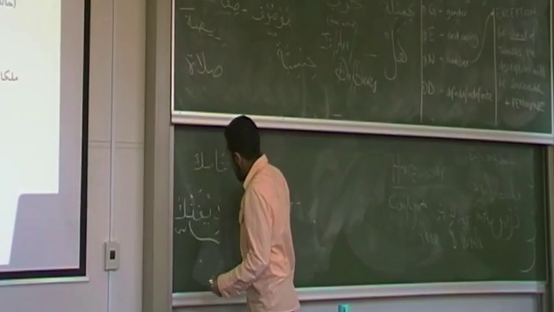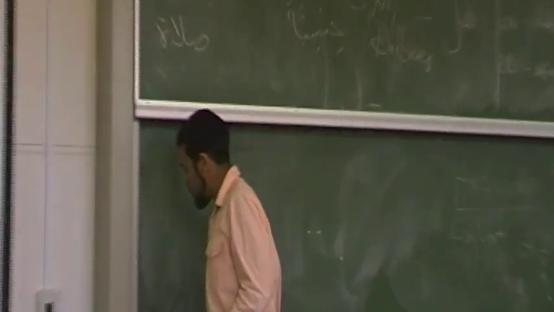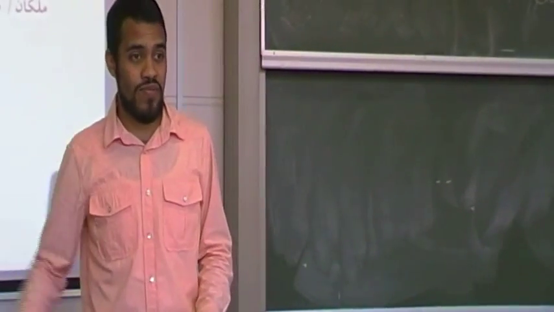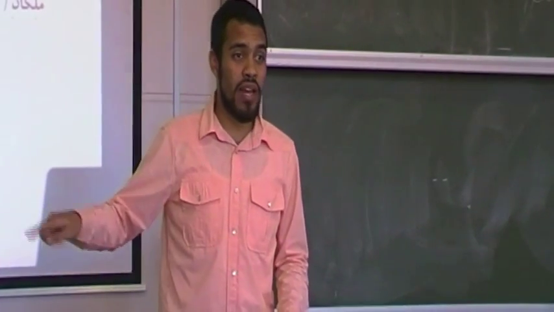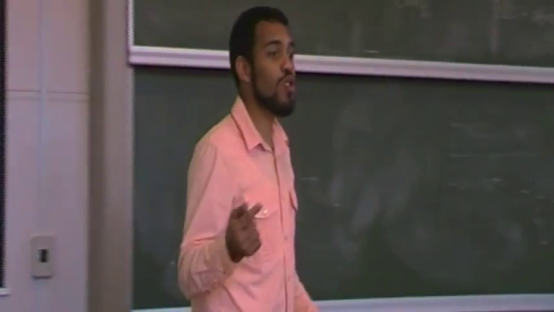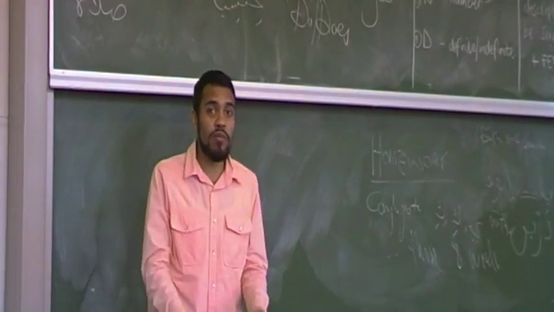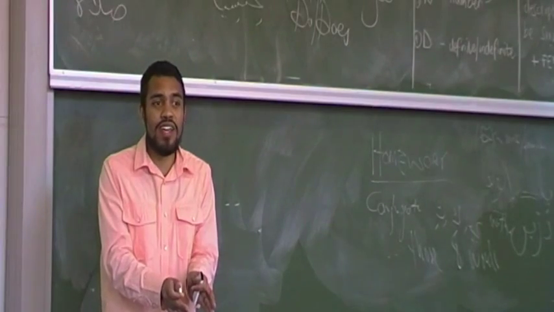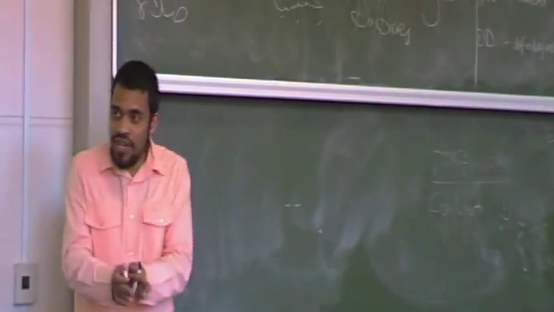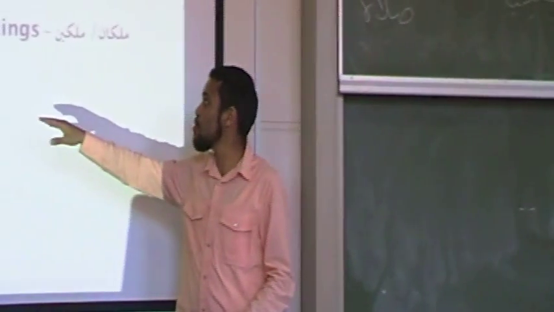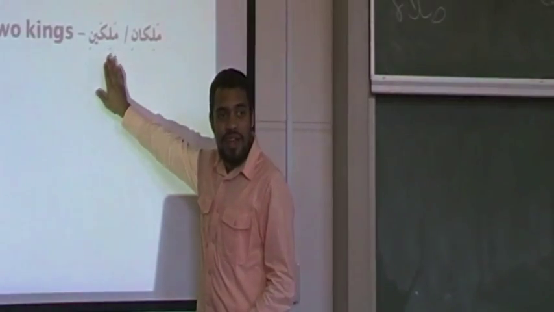Right. But each of them has a specific case. Darabtu rajulain. That means I hit the two men. Daraba rajulani means the two men are eating. Does that make sense? I'm gonna get to it next week, inshallah. The basic idea I want to leave you with here is, remember, we are working with parts of sentences. And then once we start putting the sentences together, we will see which parts fit in where. But for now, it's sufficient to know I can make a dual by adding ani or aini.